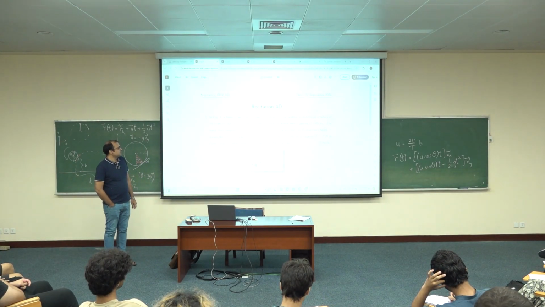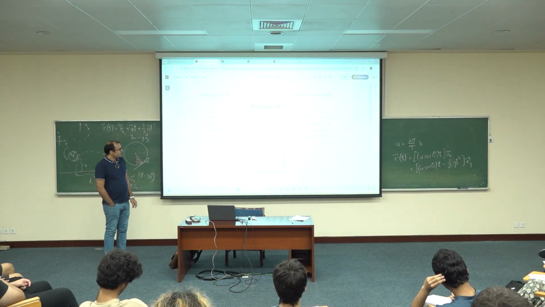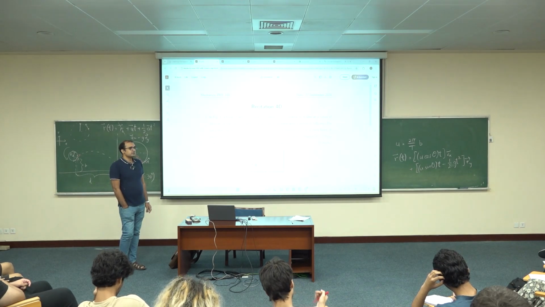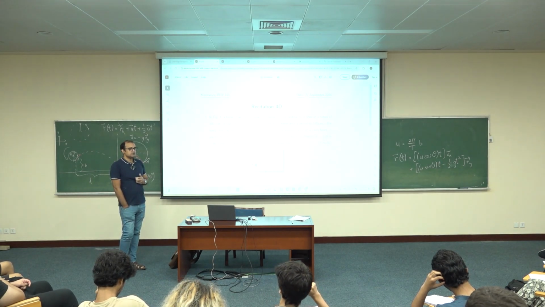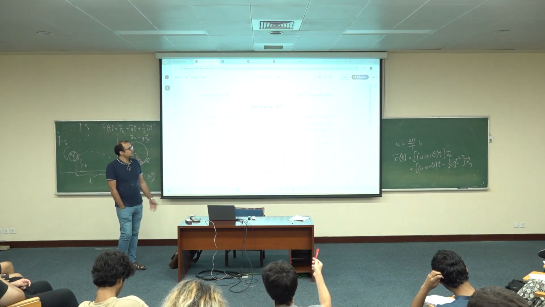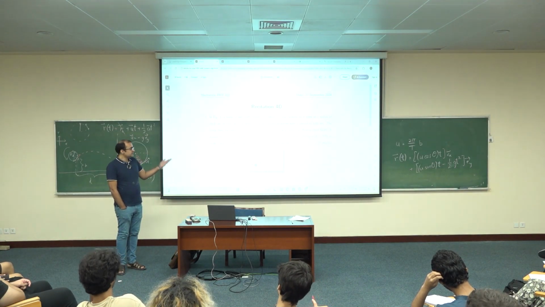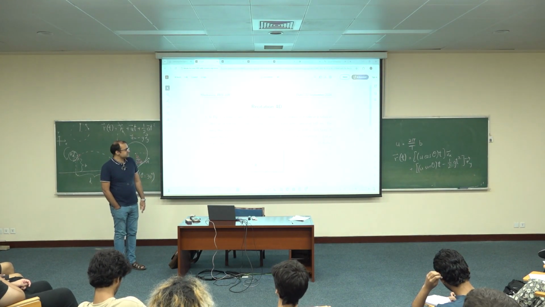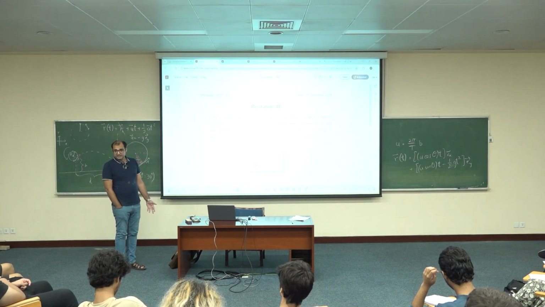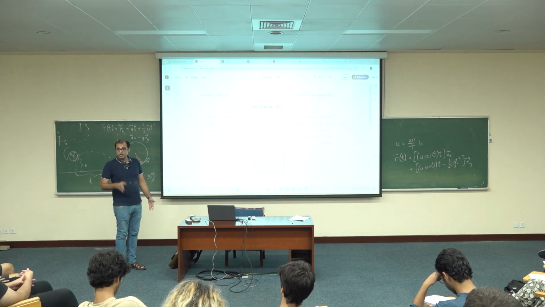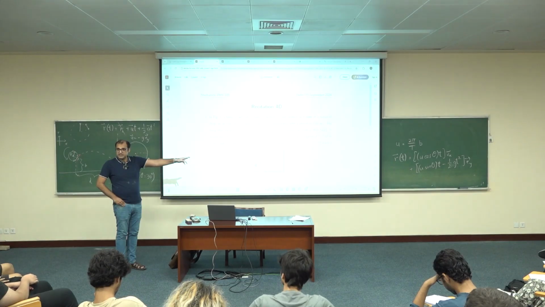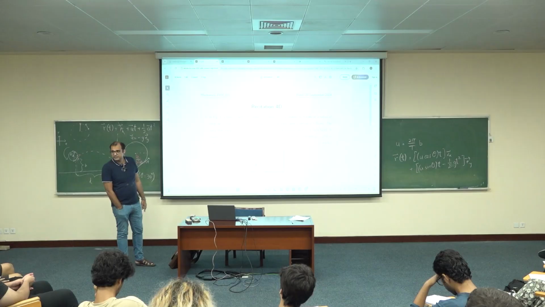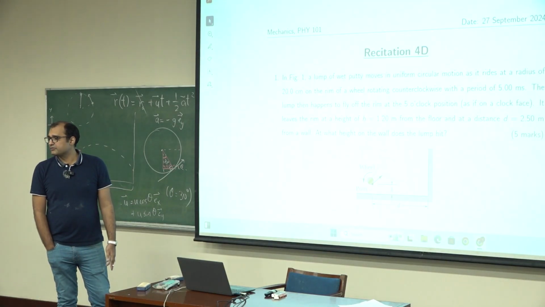What good is that for? If I want to find out at what height does the lump hit, how do I find that out? You can use the horizontal vector. Exactly. You just find out the time at which the lump is just about to hit the wall. I don't know the full position vector, but I know that at that instant of time, the horizontal component of that position vector must be equal to d, the small d. Okay, this small d is equal to 2.5,